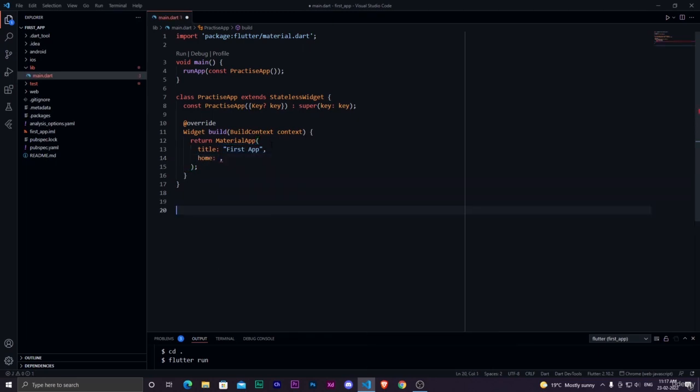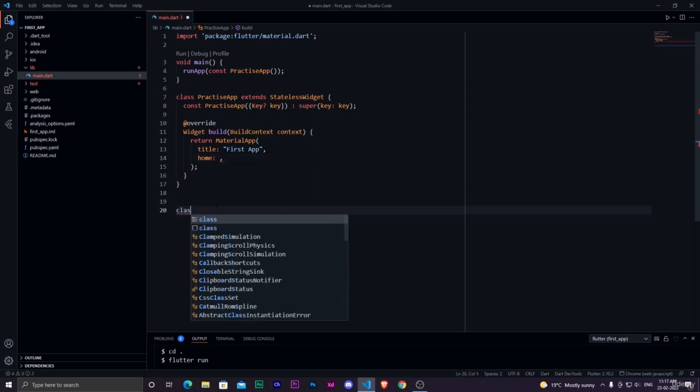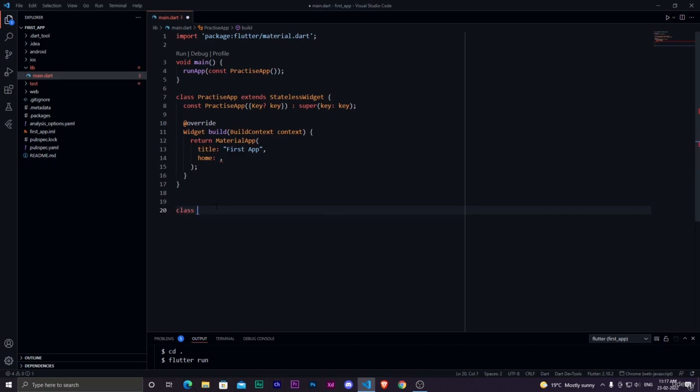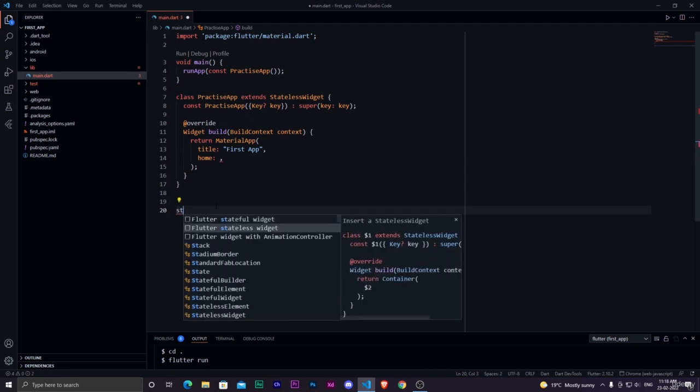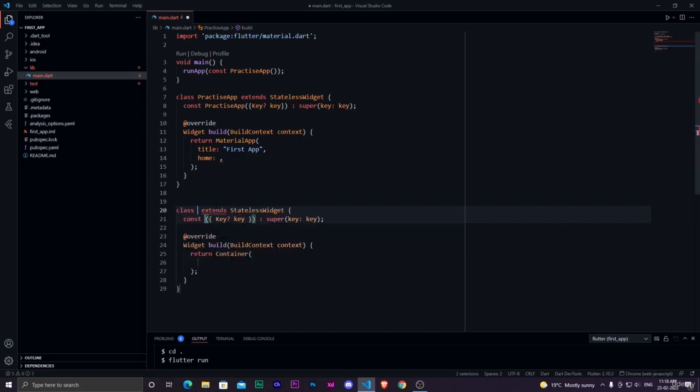So home is basically another class, the name of the class, which the first screen that will be loaded will be the home. And to make the home, let's make another stateless widget class. And I will explain to you guys what is the stateless widget. It's the next video only, so don't worry about what a stateless widget is, what a stateful widget is. So rather than writing class, you can just write st and you will see the option. You can just select stateless and you can write home page